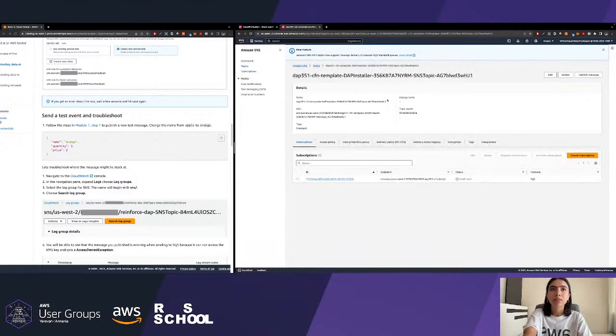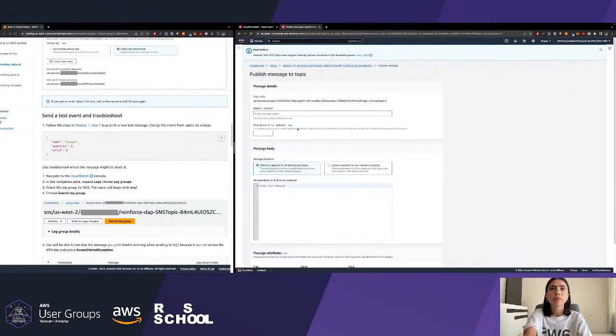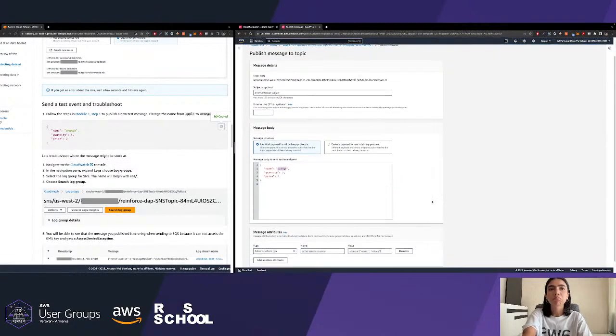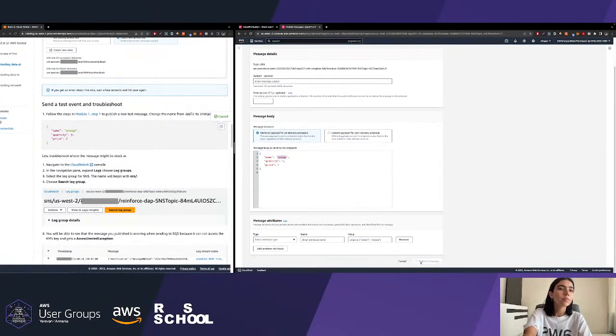Go to the SNS topic again and publish message. Okay, copy this message payload and paste it here. We have orange now. Publish message.